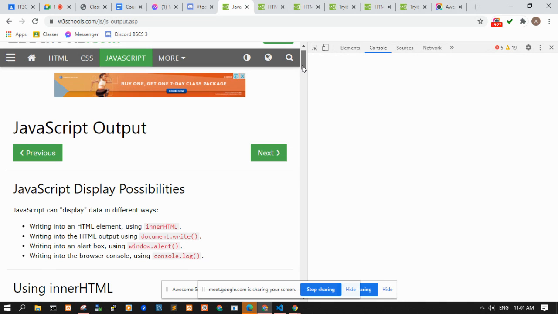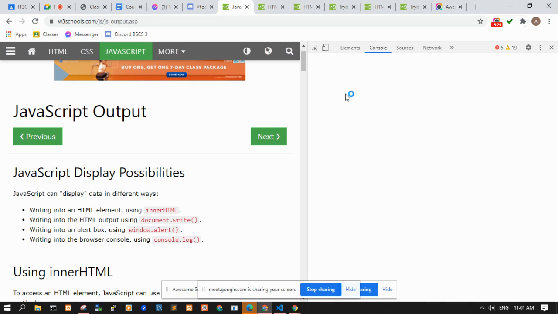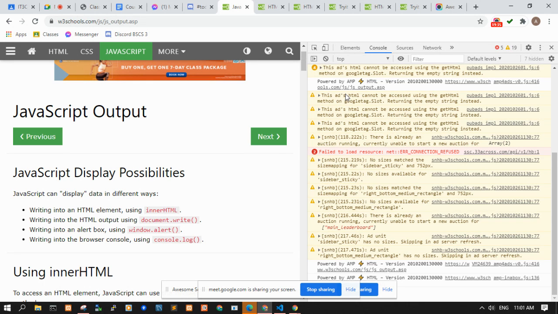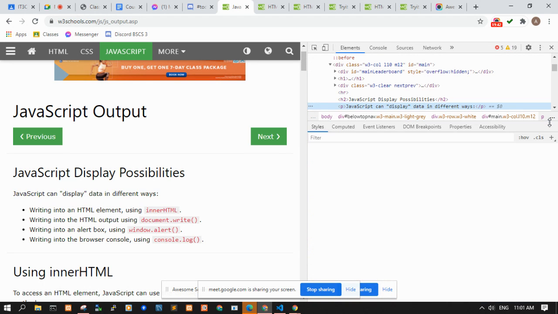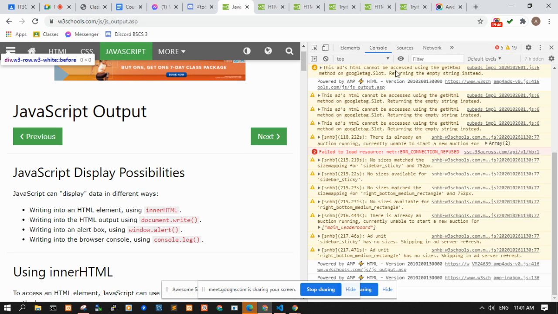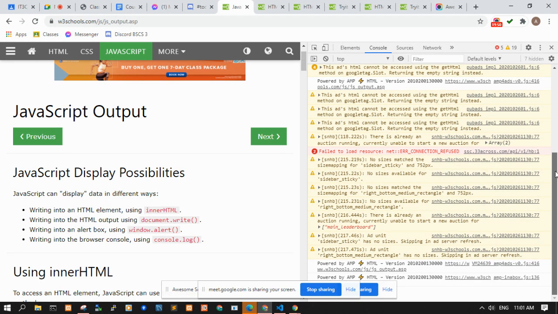It's very useful for testing purposes since it does not show directly to the user. So these are the console messages: the levels, warnings, messages, and errors are all here.